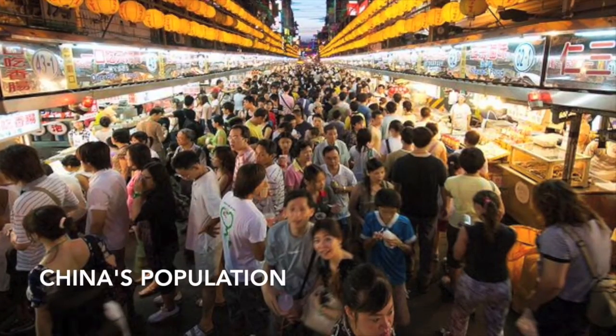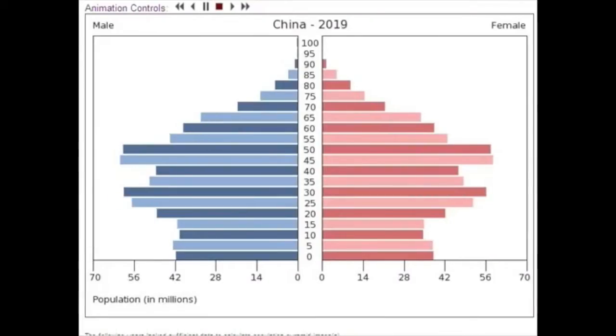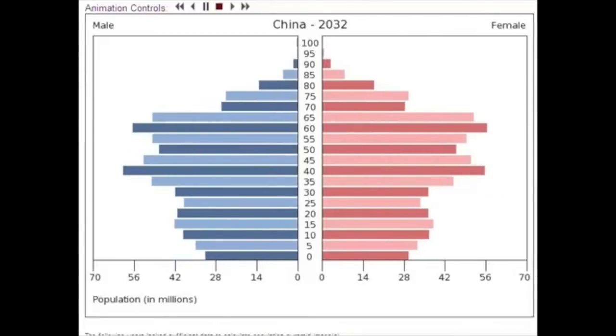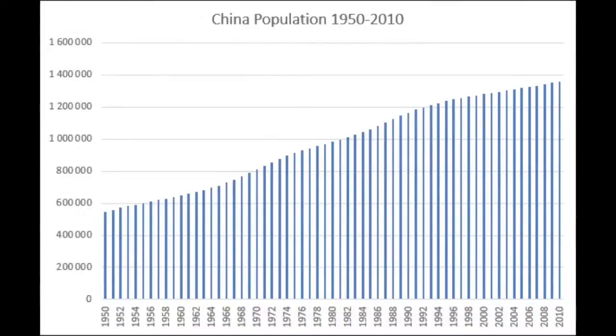Currently, China ranks number 1 as the world's most populous country. In 2014, China's population was at about 1.35 billion people. China makes up 20% of the world's current population. The rapid population growth rate of China seems to have somewhat declined because of the one-child policy that became effective in 1979. Though there is a slight decrease in the population rate, by 2050 China's population is expected to rise